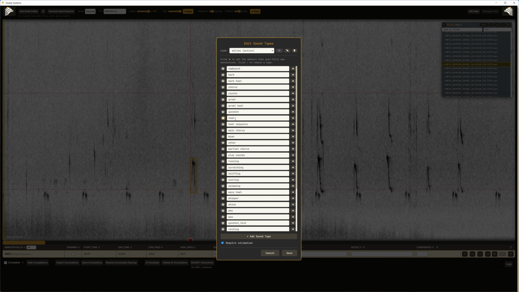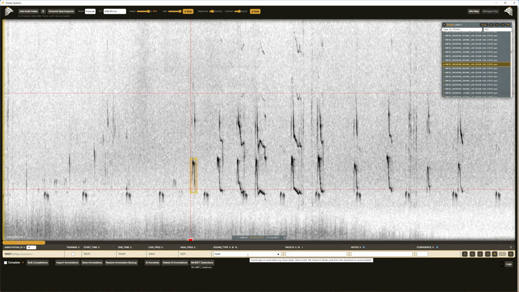I can make a particular sound type the default because I'm often annotating howls and I want to auto annotate with that particular sound type. I can require myself to use validation, meaning I can't type in something that isn't in that list, or not. I hit save,